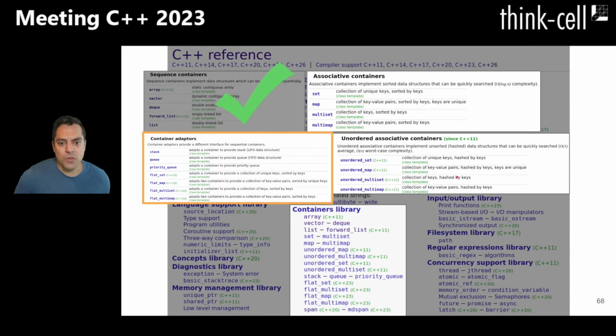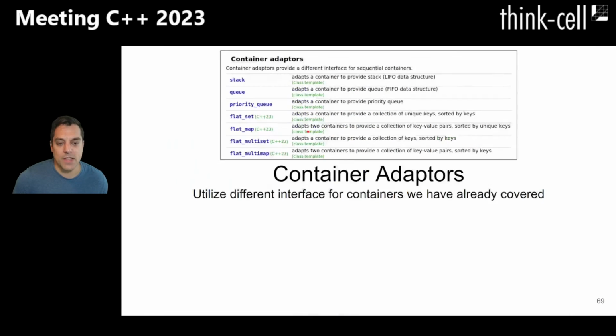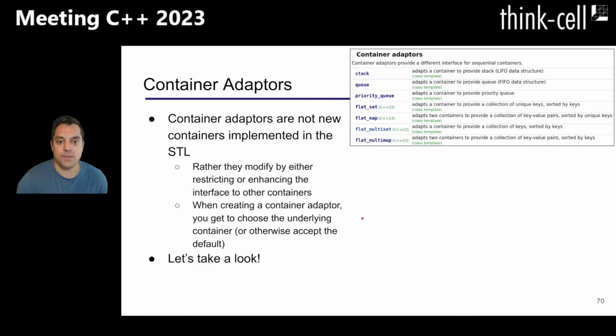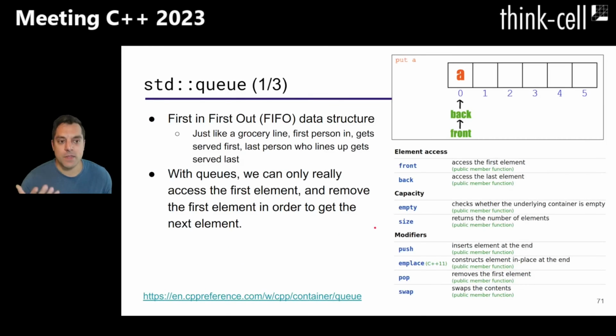Okay, now let's briefly talk about some of the container adapters. I'm not going to have to spend too much time on these now that we're actually familiar with the sequence containers. But the idea is that these adapters sort of reduce or restrict how we are able to use some of the data structures. So that's what an adapter is. It's not something new that's implemented. Rather, it's something built on top of, say, a deque, a vector, or a list that restricts how it's working. And again, I'll leave some of this for a